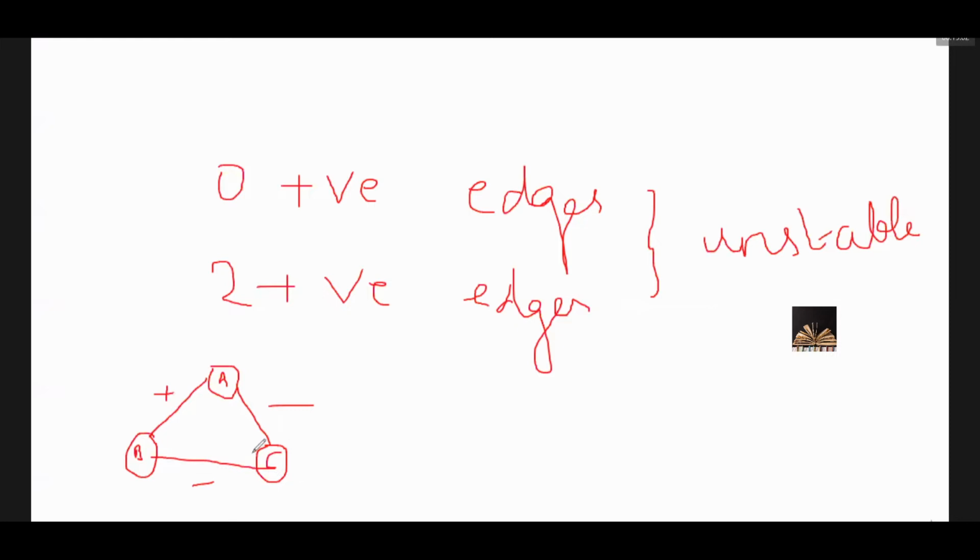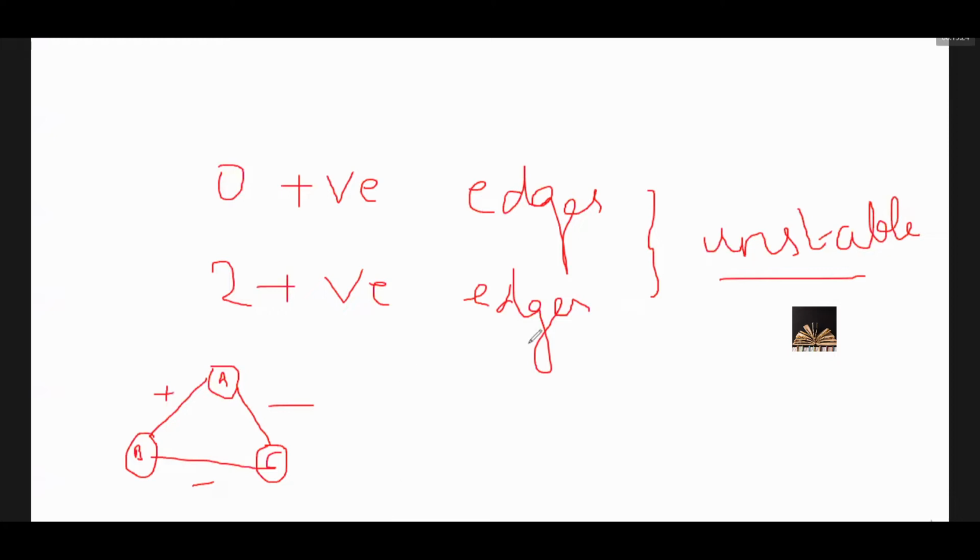Minus, minus means enemy. Okay. Plus means friends. They are friends. Okay. So A and B are friends together and they have a common enemy C. So such type of triangles will be given in the diagram. Okay, in the question, and they'll ask you whether they are stable triangles or unstable triangles. Unstable triangles, they will not exist for a long time in the network. Okay, because they are not feasible.